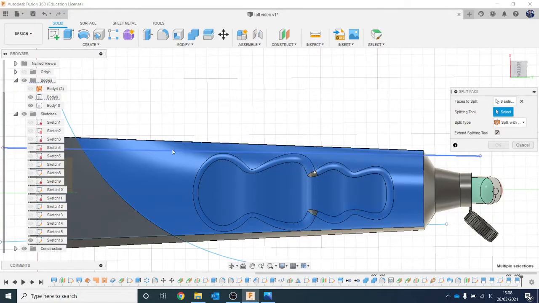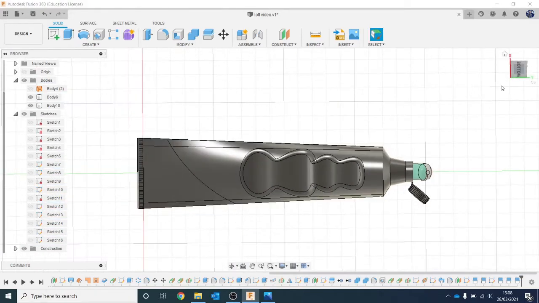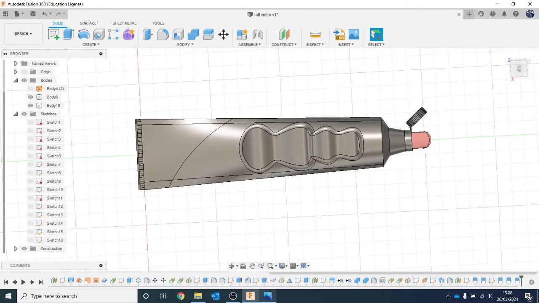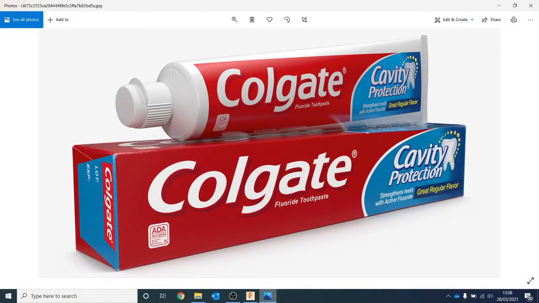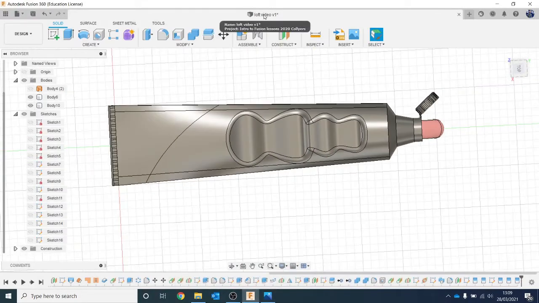Split tool. Oh, we need to make sure we split this face as well. Split tool, this line, like that. Let's turn off our sketch so you can see now we've got those lines, so we can start to add those colours. So we sort of want to go a nice bright blue, bright orange, and then we've got some decals. So let's go to A for appearances,